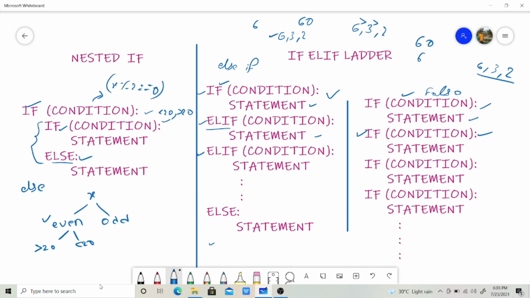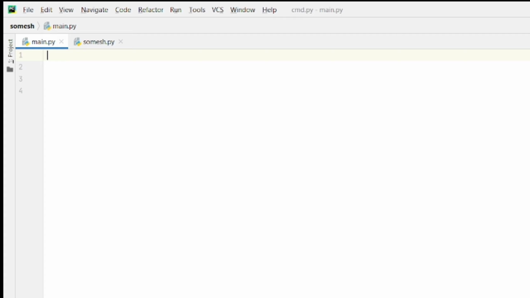If it is true, it will execute this part. If not, it will go to the third part. With separate ifs, even if one is true it will still check all the remaining conditions. But in the else if ladder, if one is true, it will not check the remaining parts. With plain ifs, whether it is correct or false does not matter, it will execute the whole remaining program. Now we will discuss everything clearly in the demonstration part.